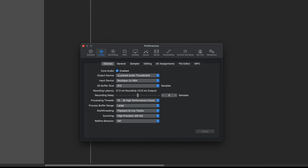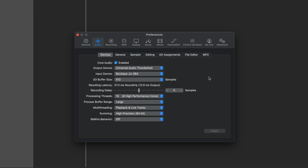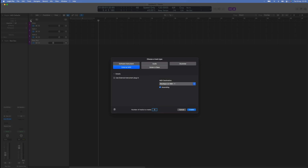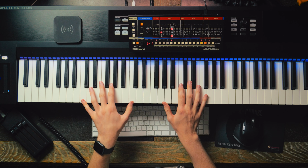I'm going to show you how to set this up in Logic now. So the first thing you need to do is go to your audio preferences, and once you've installed the drivers, you'll see this turn up here, Boutique JU-06A. That's my input. My output device here is my Apollo, and then what I need to do is create two tracks. The first is an external MIDI, and the second is an audio track, which I'm going to set to stereo, and I'm going to record enable both of these and then hit the record enable button. And then, as if by magic,